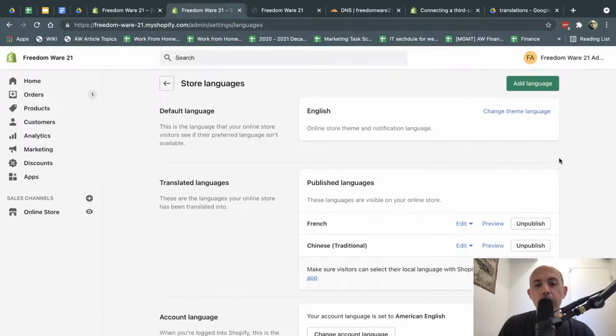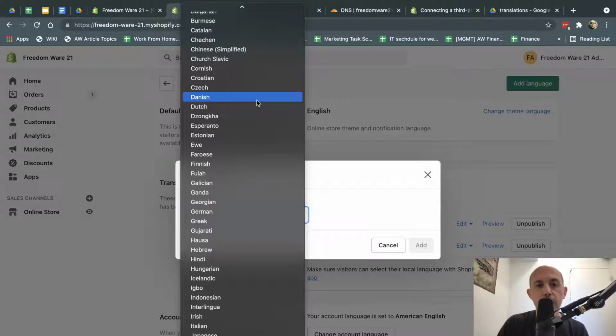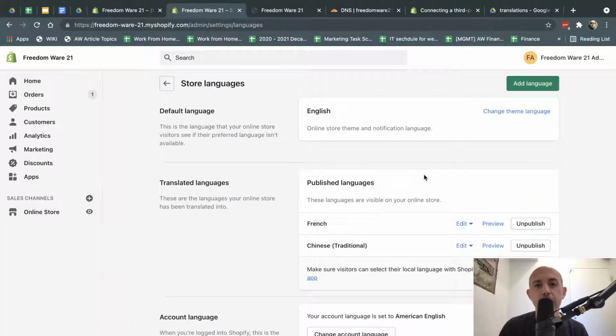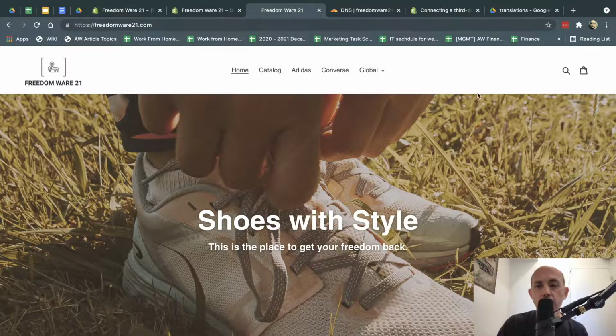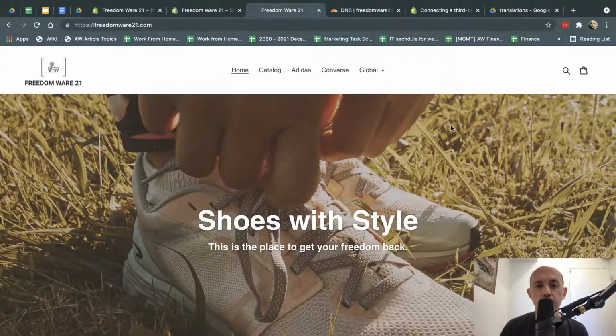Okay, so how do I translate things? Now, Shopify by default doesn't have an easy way to translate. There's 2 things you need to know about translations. Number 1, some of the main languages in this list already have translations for Shopify default things, okay? Things like the email templates, things like the words sign in, log out, things like the checkout, the cart, etc. But if you decide to support a certain language, you will need to create translations.